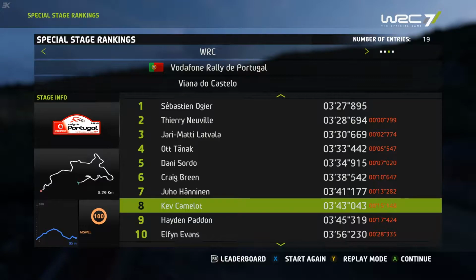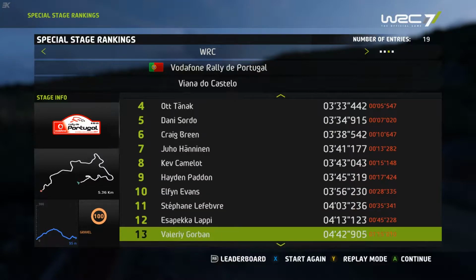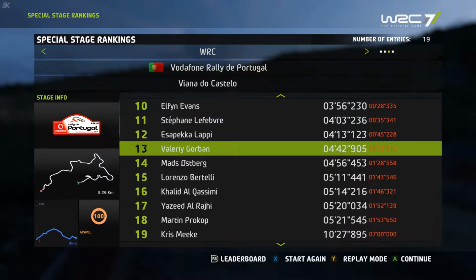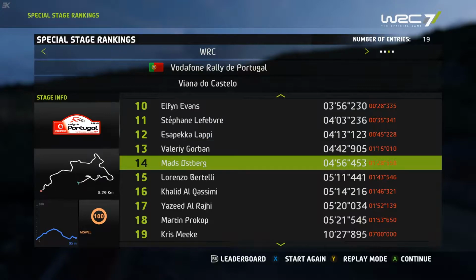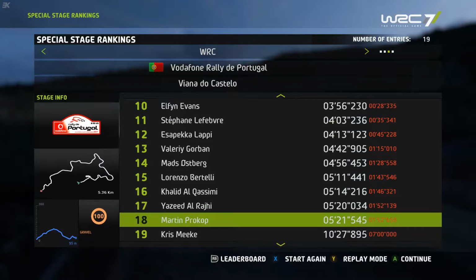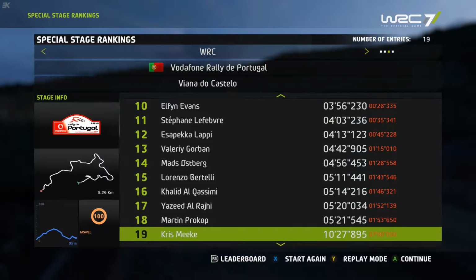Tanak in fourth, Sordo fifth, Breen sixth, Hannanen in seventh. There we are, down in 8th, 15.1 seconds back, and we've lost 12.4 seconds to that Fio. We're padded in 9th, Evans in 10th, and the third just outside of the top 10. Look at Gorban though, 13th. 30 seconds behind Lappy, but 13.5 seconds faster than Osberg, Batelli, Al-Qassimi. Chris Meek crashed out, of course, on the